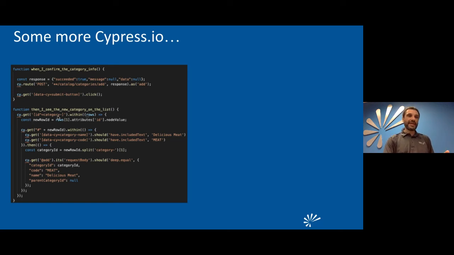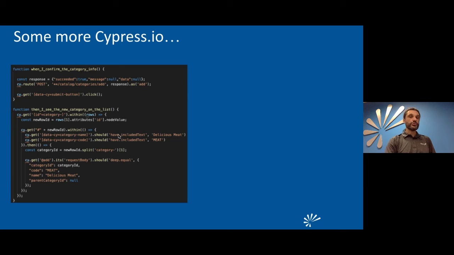So I figured, okay, this is how we write that in Cypress, or how I've learned how to write it. I want to get that category with this little regular expression. I want to extract the ID of that category out of the div that I found, and that's the syntax required for that. Then I want to get the specific row that represents that category. And then I want to make sure that the name is the name that the guy typed somewhere else in the code. And the code should be this.